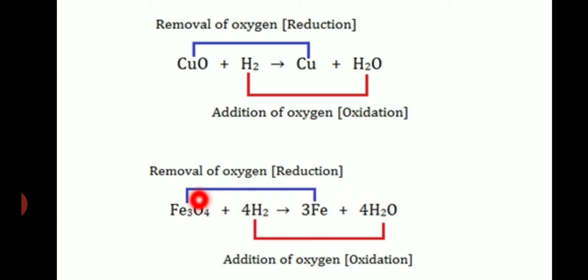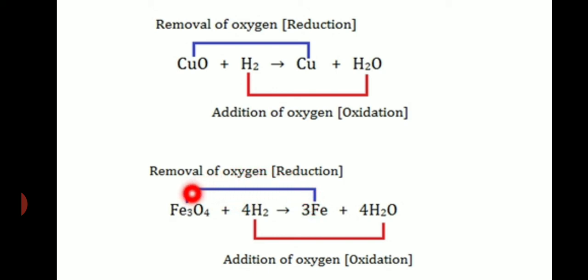Here iron oxide is giving oxygen to hydrogen to form water. So which is an oxidizing agent? Iron oxide. At the same time, hydrogen gets the oxygen from Fe3O4. So oxidizing agent is Fe3O4. Next is